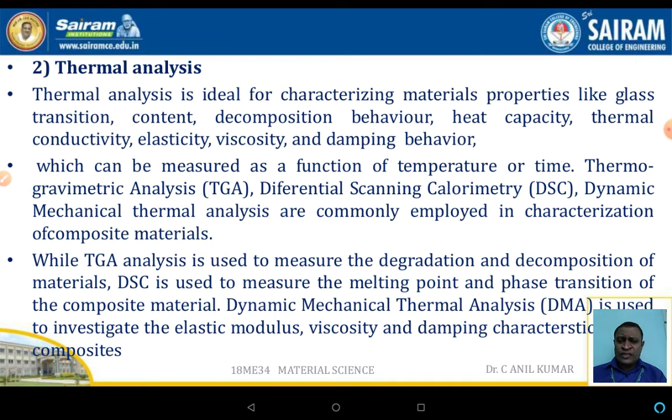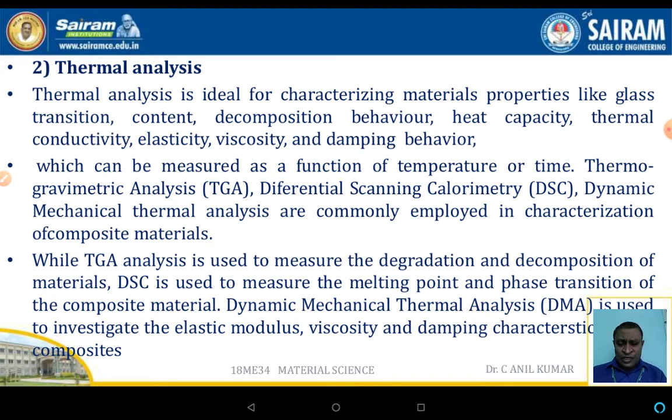The thermal analysis. Thermal analysis is an ideal characterization of material properties like the glass transition, decomposition behavior, heat capacity, thermal conductivity, elasticity, viscosity, as well as damping behavior, which are measured as a function of temperature as well as time. Thermogravimetric analysis, differential scanning calorimetry, and dynamic mechanical thermal analysis are commonly employed in characterizing